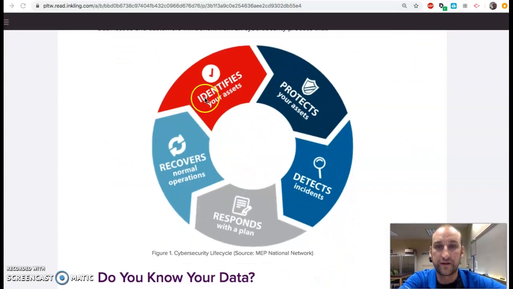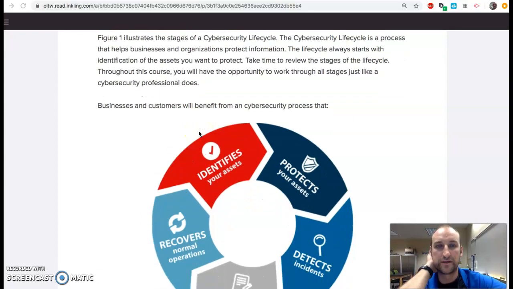This is something we'll come back to over and over again. A lot of times in your reports, you're going to have to say, I identified my assets, I protected them by doing this, I detected these incidents. And what's important to know about this is